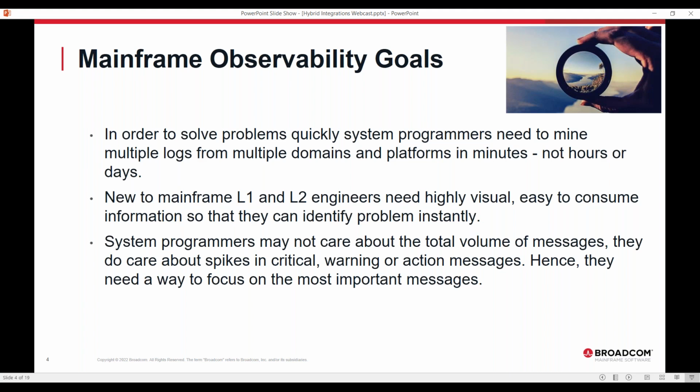And then that third one is that systems programmers may not care about the total volumes of messages, but they need a way to focus in on the most important messages, right? So not only do we have logs that are sprayed all over the place, but we also don't want to look at all those logs. We just want to look at the relevant pieces within them.